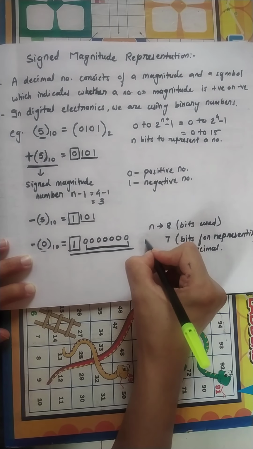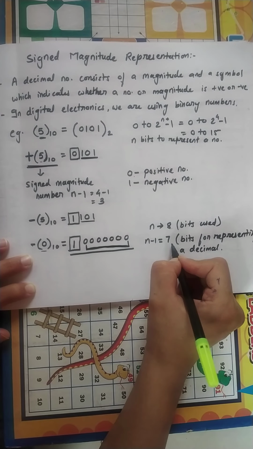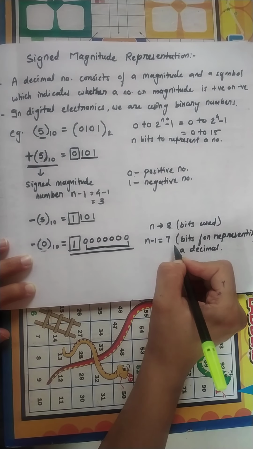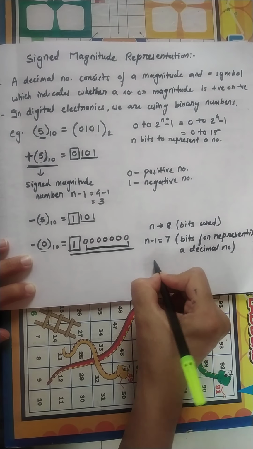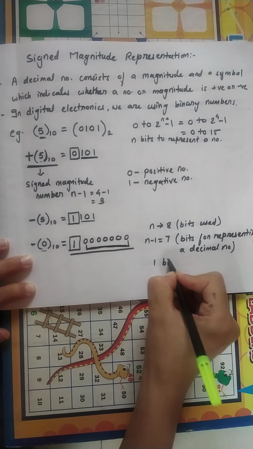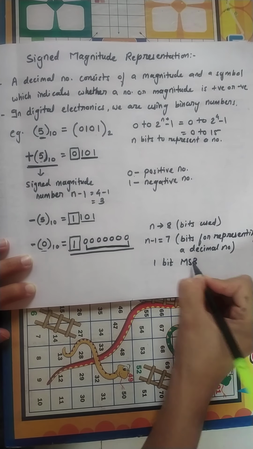That means n minus 1, that means 8 minus 1 equal to 7, right? 7 bits will be used for representing a decimal number, and 1 bit, that is the MSB bit, will be